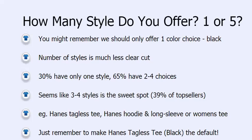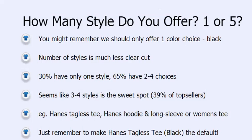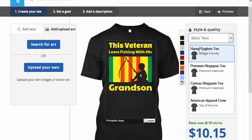However, with the number of styles, it's slightly less clear cut, so we don't see a clear, definite statistical answer. What we actually see when we look at how many styles we should offer is that 30% offer one style, 11% two, 19% three, and 20% four. Pretty much anywhere from one style up to 5 styles is kind of cool. And by the way, what I mean by this is once we've chosen our default, which should be the basic Hanes tagless tee,